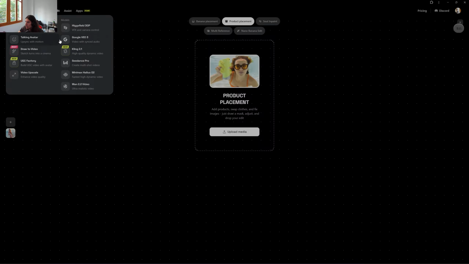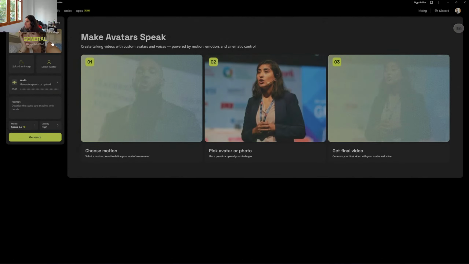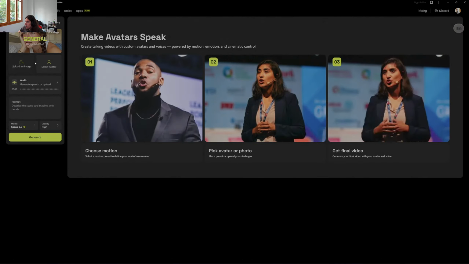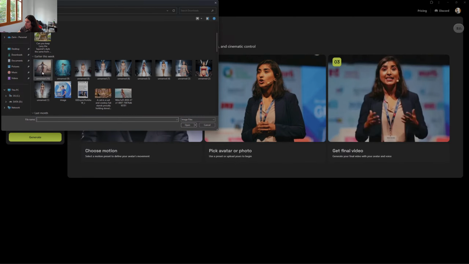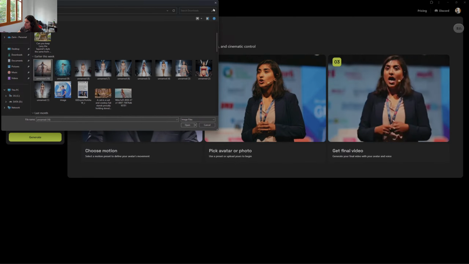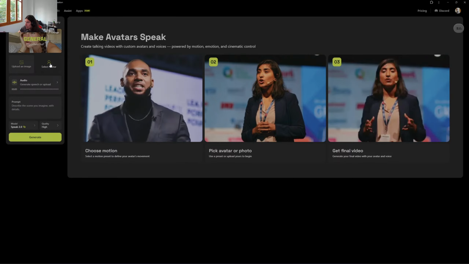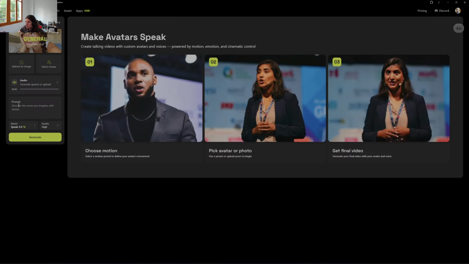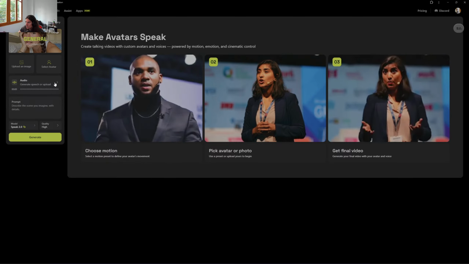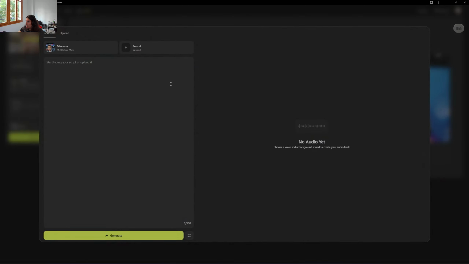I want to do maybe like a talking avatar right here. I would take this, so obviously I would upload my image. For example, I would click this, it would open, and then I would select that person. That would be the avatar itself. And then let's say, for example, I want to generate a prompt. So I would go here, and then I would start typing,